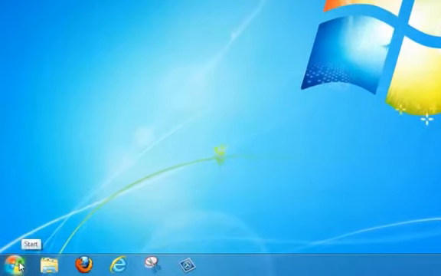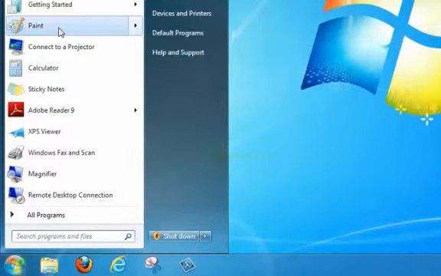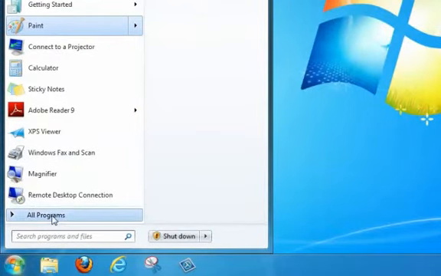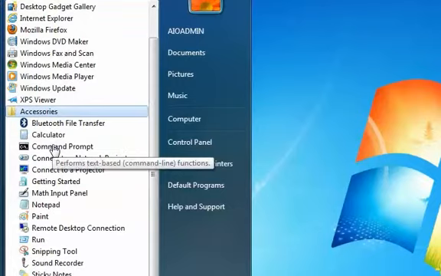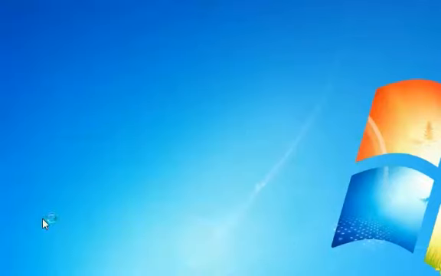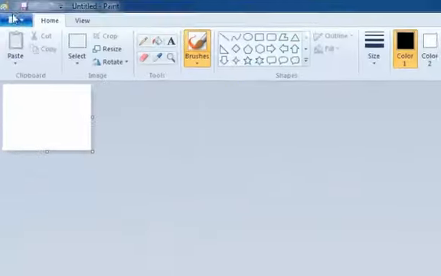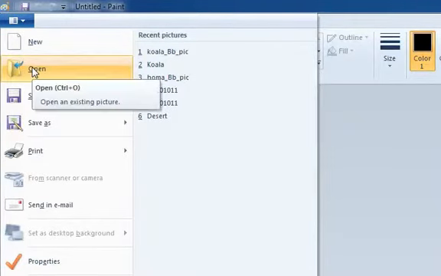I'm going to go to my Start menu, and if you don't have Paint listed in here, I do. You can go to All Programs, go to Accessories, and then you could launch Paint. And Paint's just a very basic program. And I'm going to open up a photo that I have,